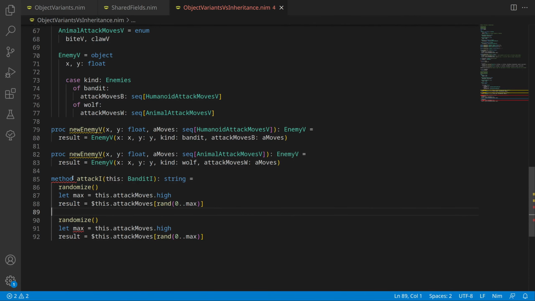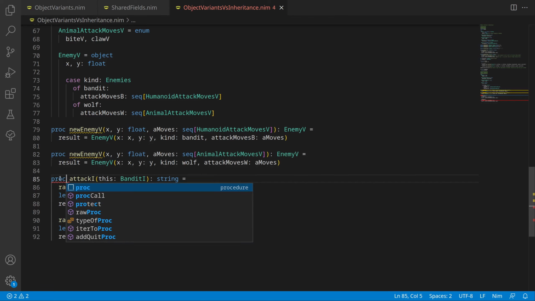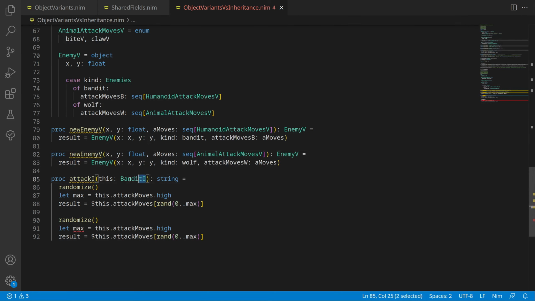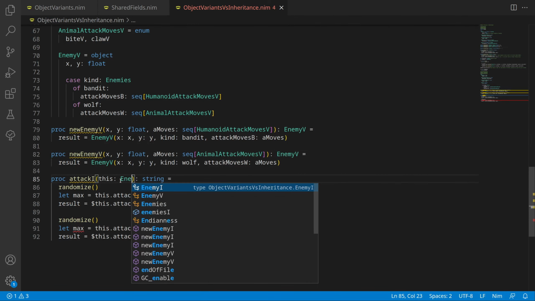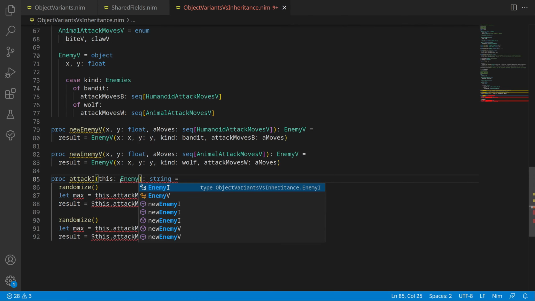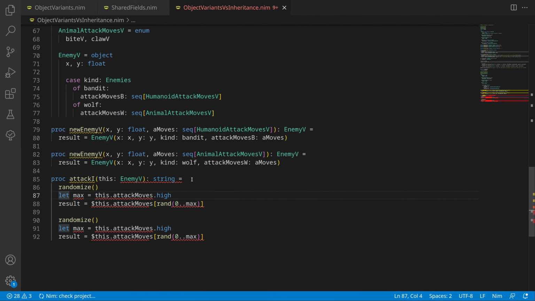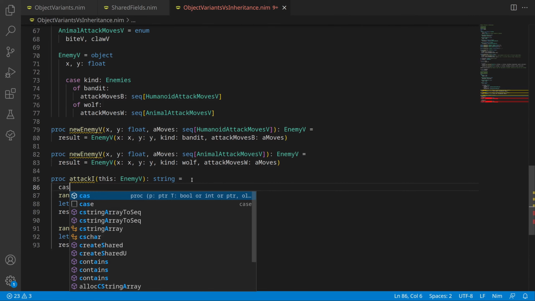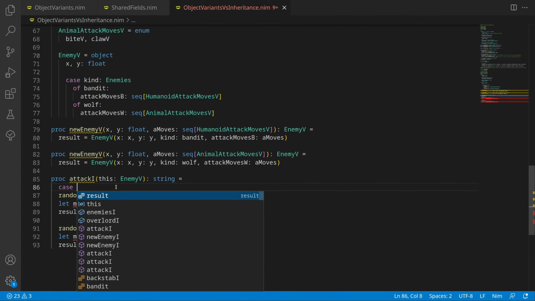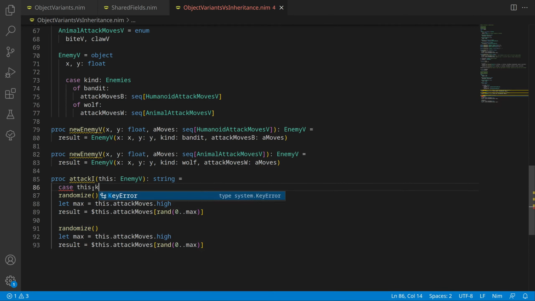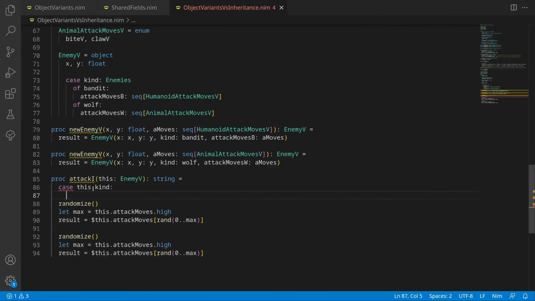So let's first change this to proc, and this will be enemy I V, and then use the case statement to discriminate case, and use this variable, this dot kind,